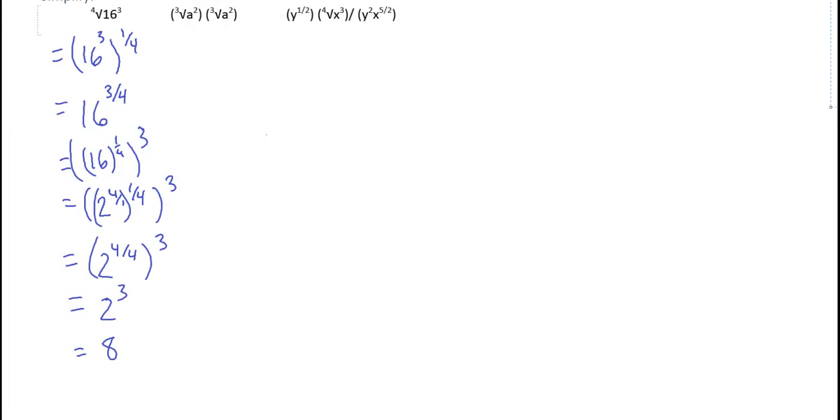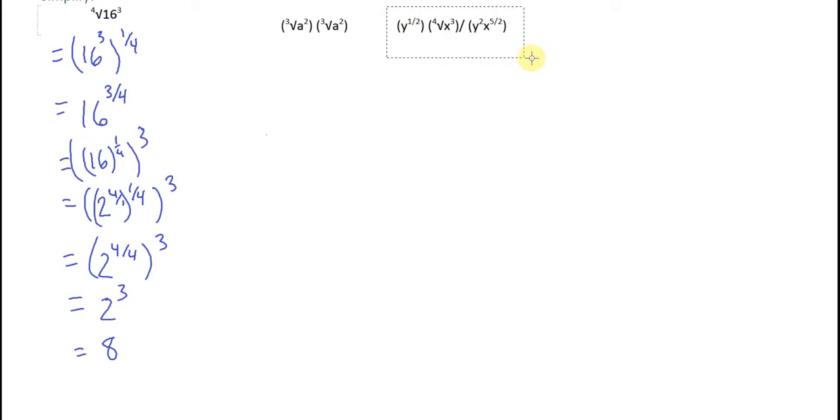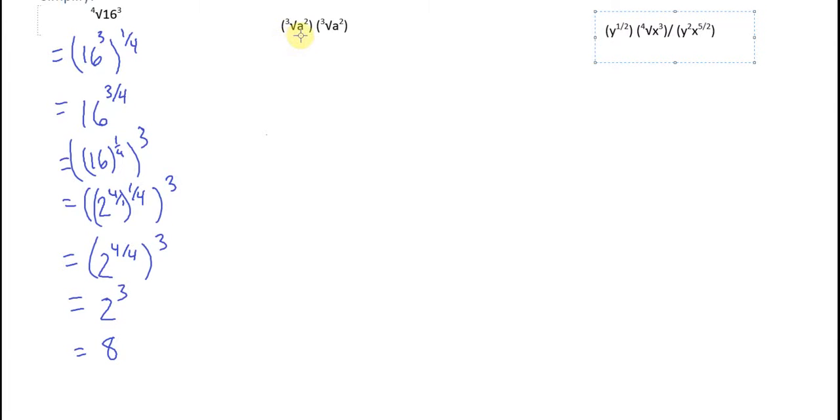Okay, next question. So we have a to the 3rd root squared and a to the 3rd root squared. Okay, so what can we do? A couple of approaches, but I think the easiest thing is to switch it into rational exponents, and we can use the exponent laws. So we have the 3rd root of a, which is really a to the 1/3